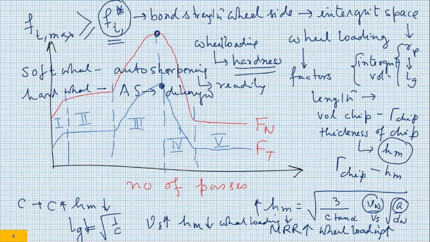What do you mean by that? A workpiece has come through this particular route. What are the routes? It has been forged. After forging, it has been machined. After that, it has been heat treated. Then you are grinding. And during the grinding stage, you could not understand that wheel loading is taking place. You went ahead with it. And after that, you find out that on your ground surface, you have cracks, tensile residual stress and whatnot. So after so much of value addition, money addition, you have to throw away that product or component as scrap. This is not acceptable. And for that reason, wheel loading should be avoided by all means.